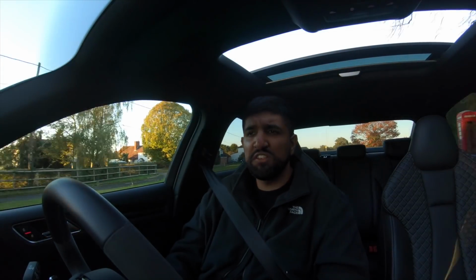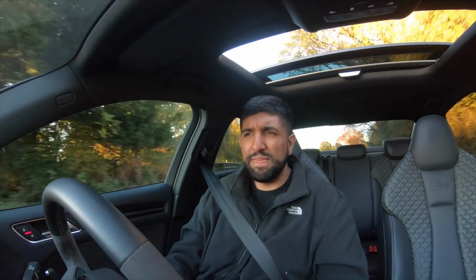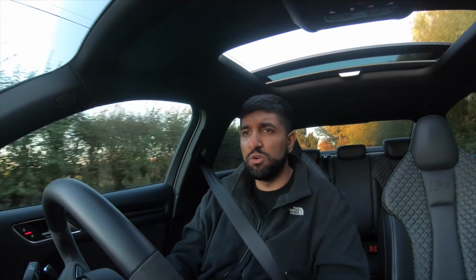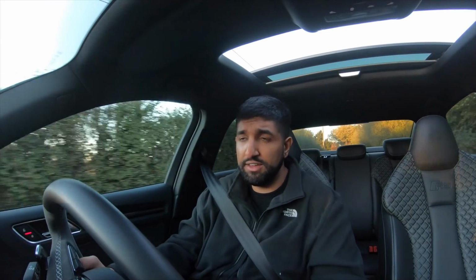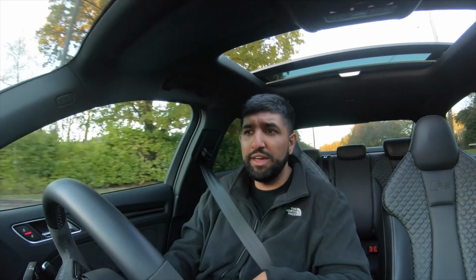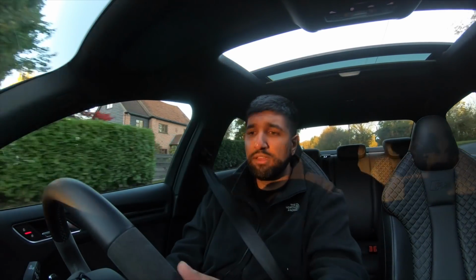Trust me. The pre-facelift RS3 was quick, but I don't know, it didn't really shock me that much because it felt a bit laggy, stuff like that. This just goes. You have a bit of a soft pedal, I'm not gonna lie. The pedal is a bit squidgy to start with. All the modern Audis have it where you press the gas and you're kind of waiting, but then, you know, once you hit like 3-4k,